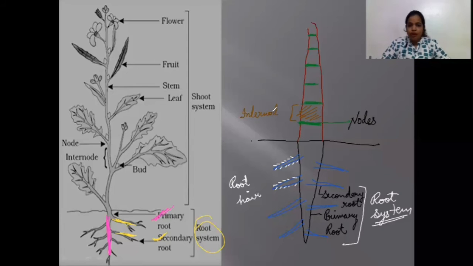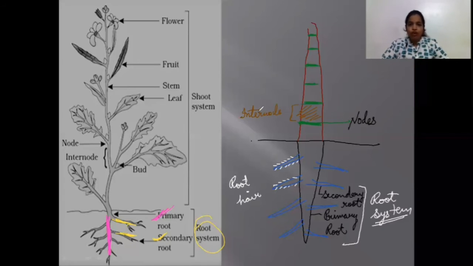It is very important for you to know what is a node and what is an internode, because we'll be discussing nodes and internodes in this chapter itself, that is plant morphology, a number of times. Remember, nodes and internodes are the characteristic feature of the stem. Nodes and internodes are never found on the roots. So if you get a sample, you can easily differentiate if it is root or shoot.